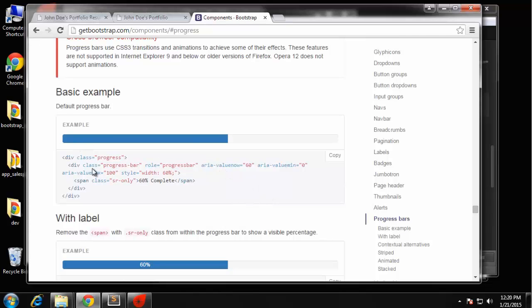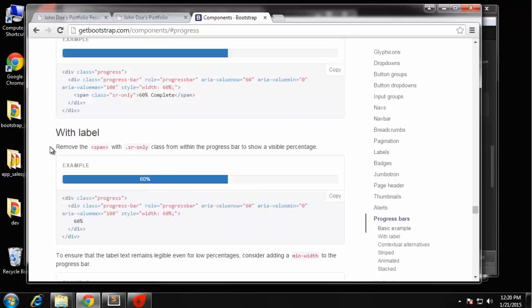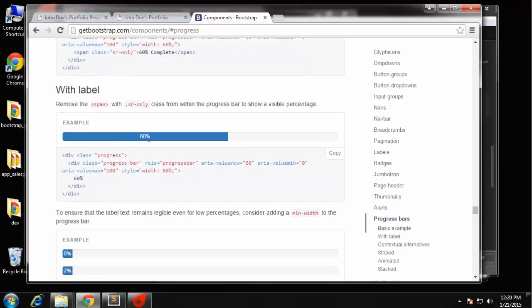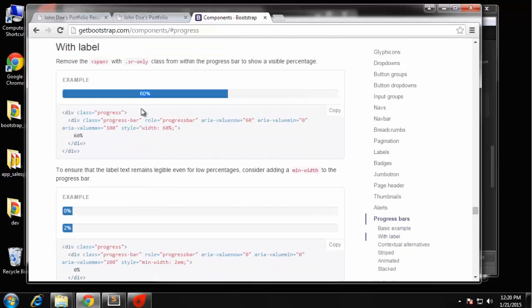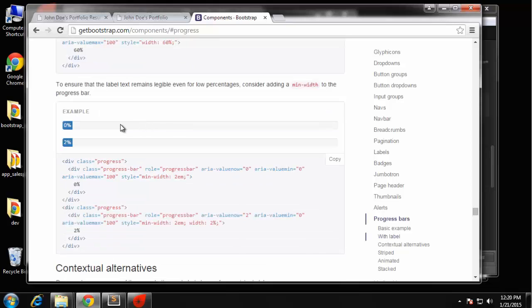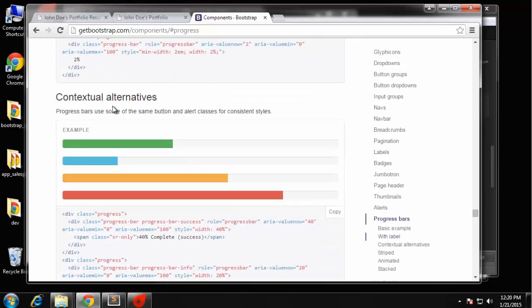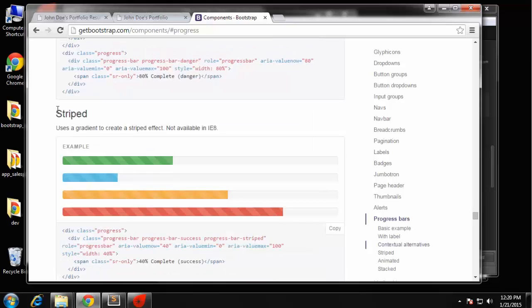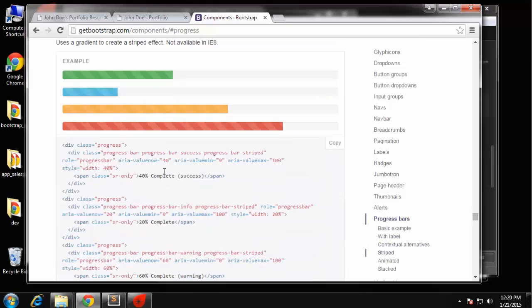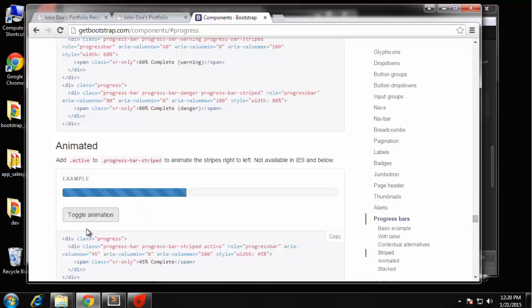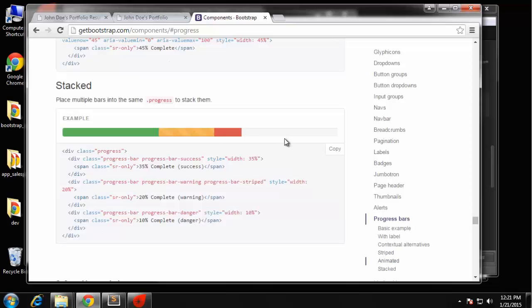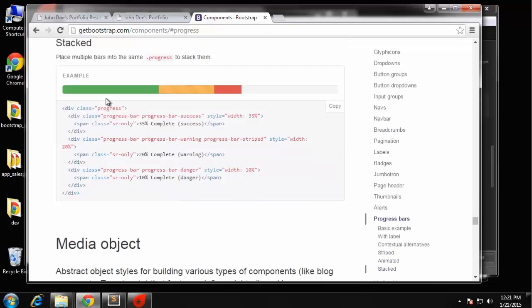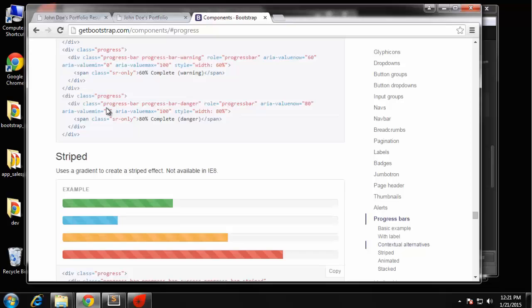This one just has the bar, no text. This one has a label. Okay, so you can use a label. And then we have, this is I guess a double bar. And then we have contextual alternatives, so you can change the colors. And then striped, so you can add a little stripe effect to it. And there's even animated. Stacked. Oh, I haven't even seen this. I haven't seen that stacked. But anyway, we're going